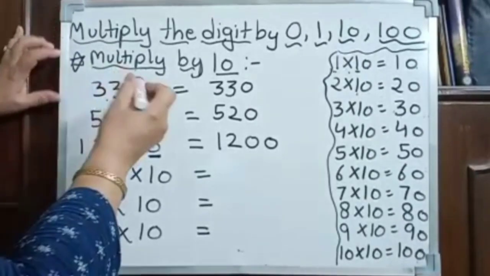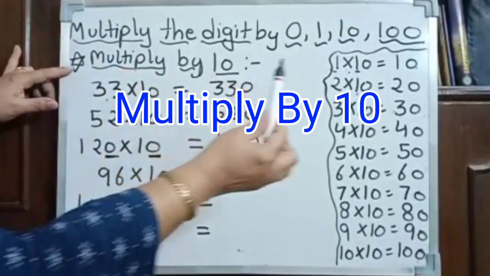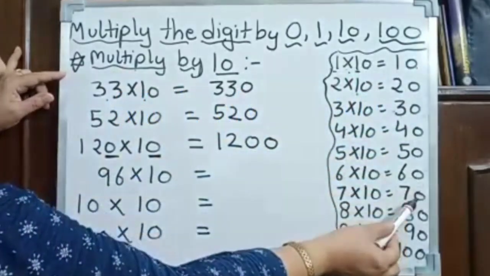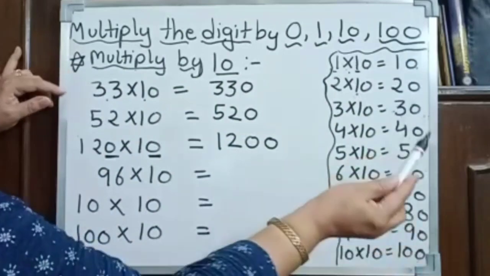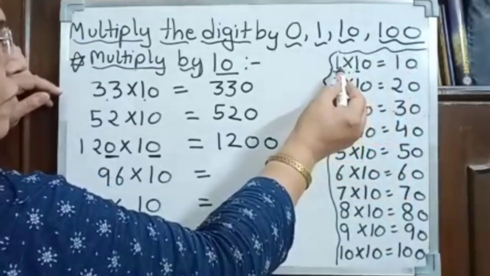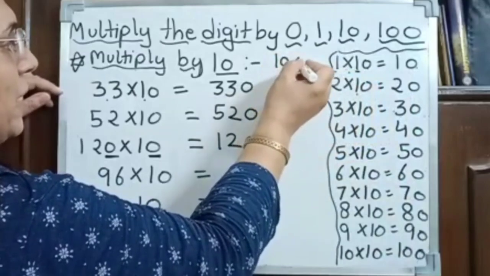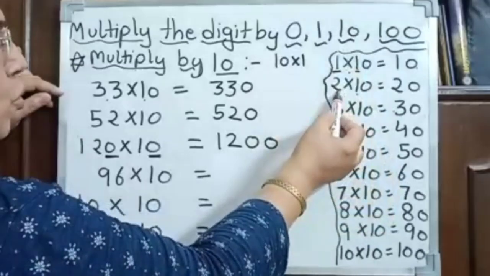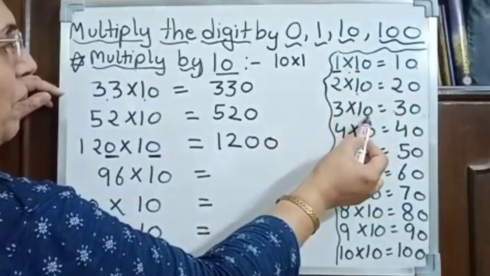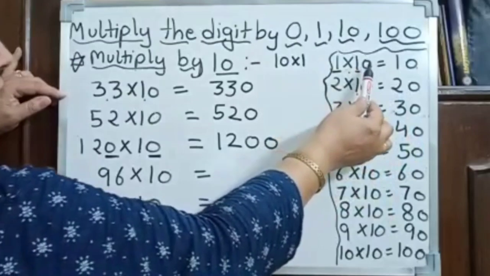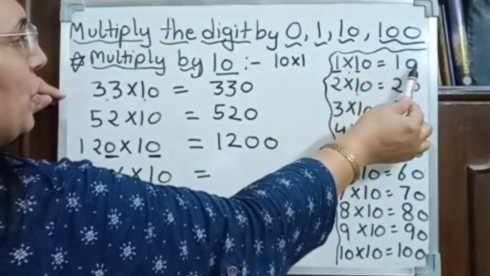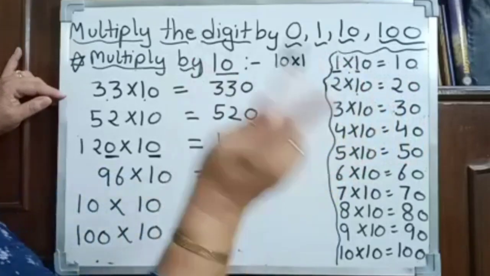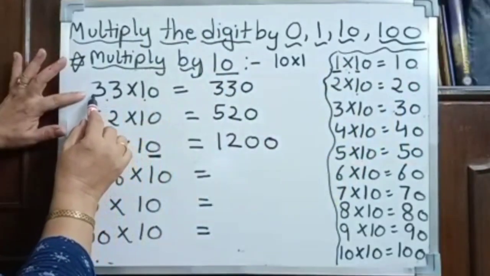Now multiply the digit by 10. You know the table of 10? 10, 20, 30, 40, 50, 60, 70, 80, 90, 100, means 10 ones are 10. I have written it here like that, but you have the table like this. So you just see the pattern. 2 multiplied by 10, 3 multiplied by 10. Now look at here, this is very simple. 0 you shift here on the right side and multiply the number with 1. That will be the same. So it is very simple.